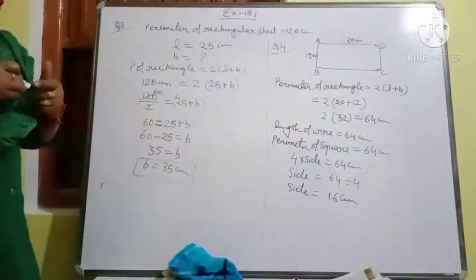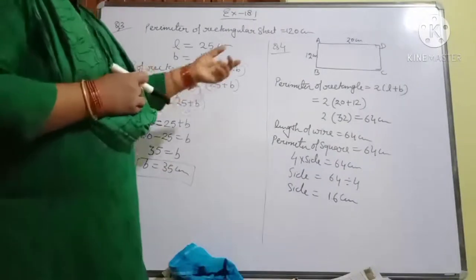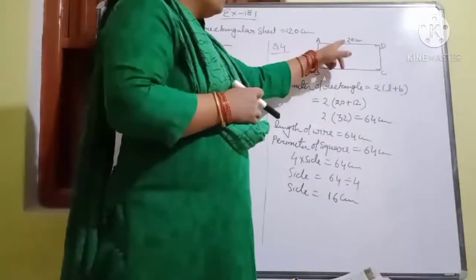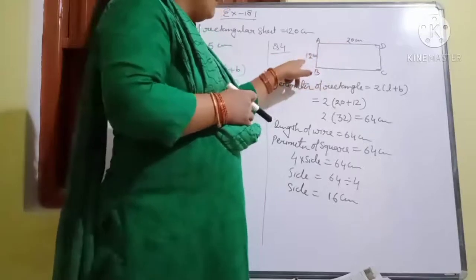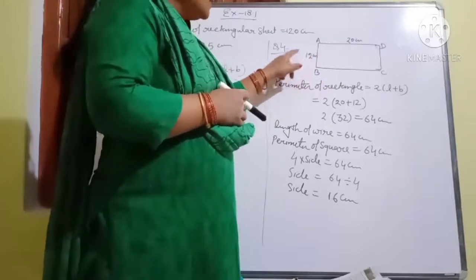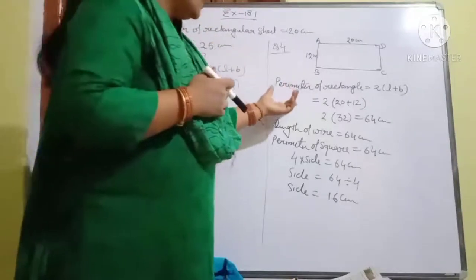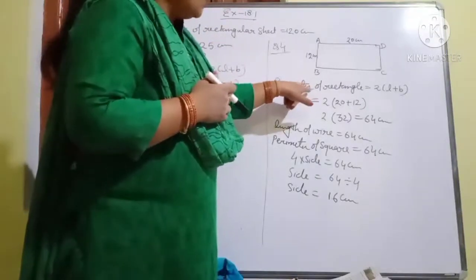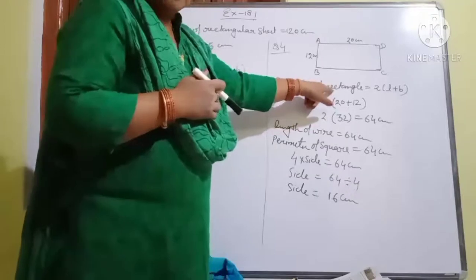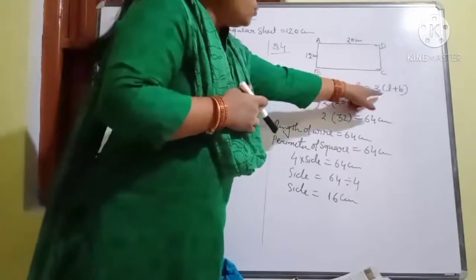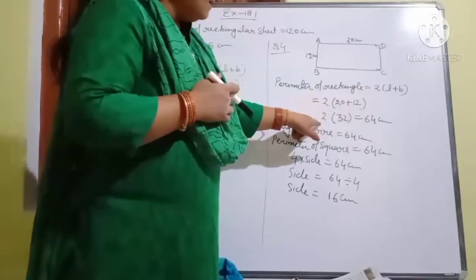Again, try to understand what the question is. A wire is in the shape of a rectangle whose length is 20 centimeter and breadth is 12 centimeter. It means if we would like to know what the length of the wire will be, what do we need? The perimeter of the rectangle. The formula is 2 into (length plus breadth). So we have calculated the length of the